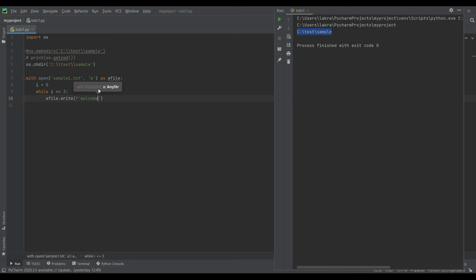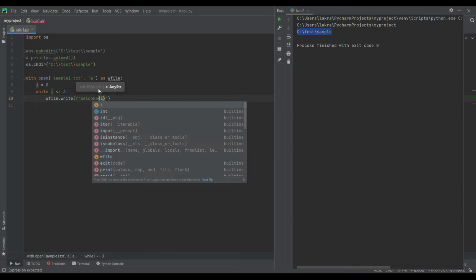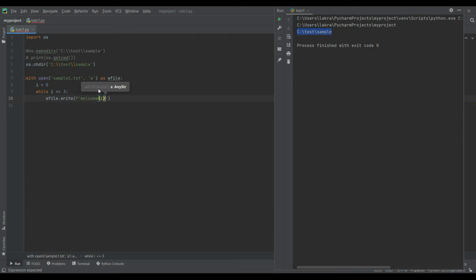It will write welcome. So what I will do is let me name this welcome as well, so that it's easier to understand. \n, new file every time. Okay, and then I will increment my I. So now what this block is going to do is that